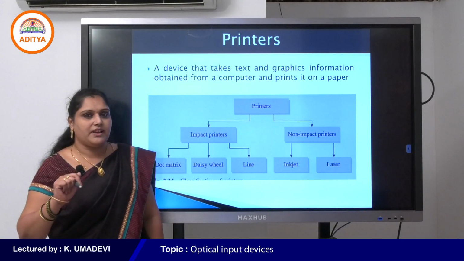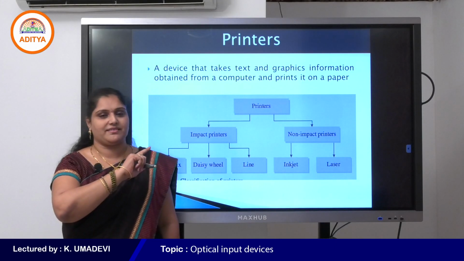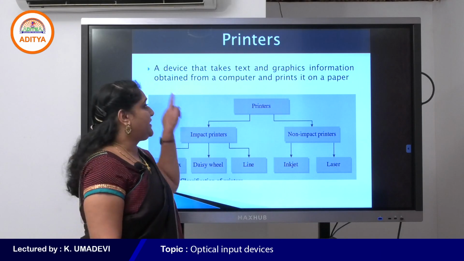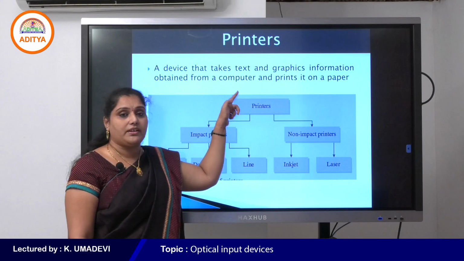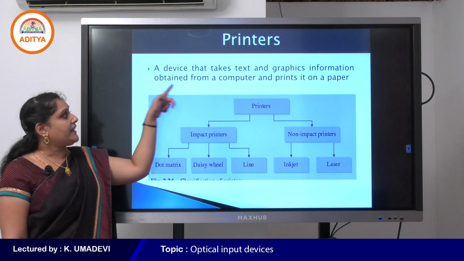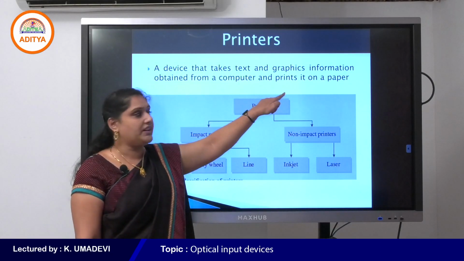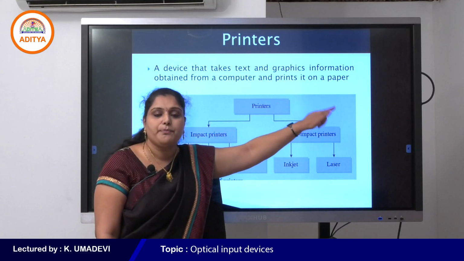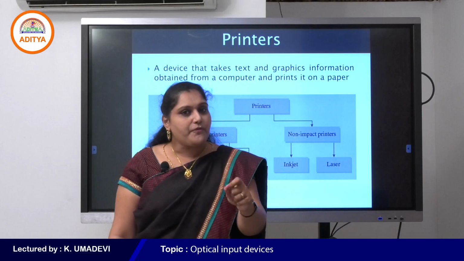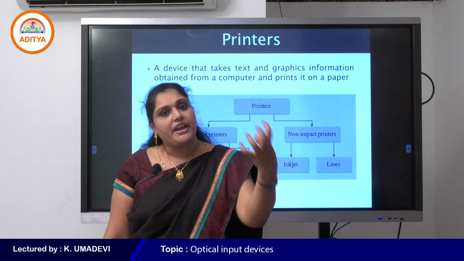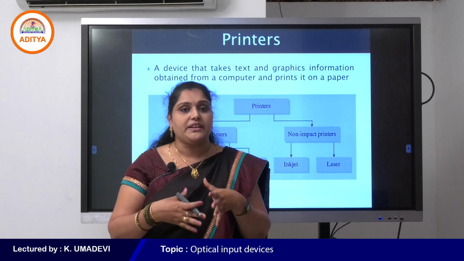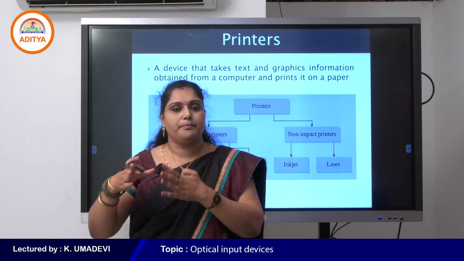What is a printer? A printer is an output device. So what is the use of a printer? A printer takes the text and graphics or any type of information that is obtained from a computer and prints it on paper.